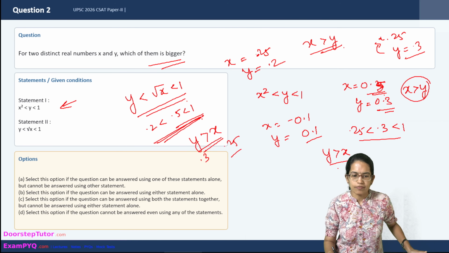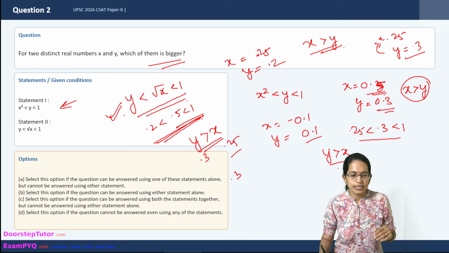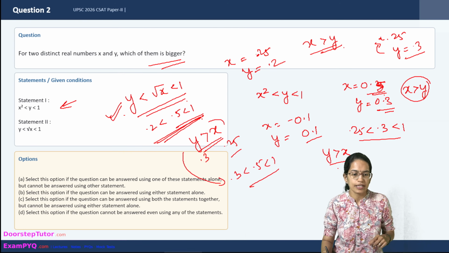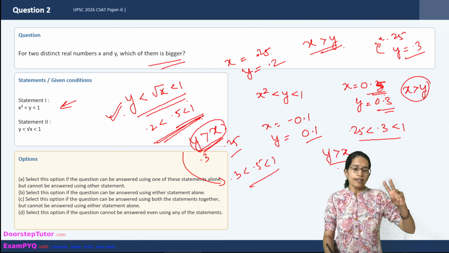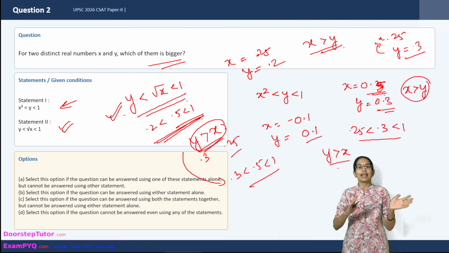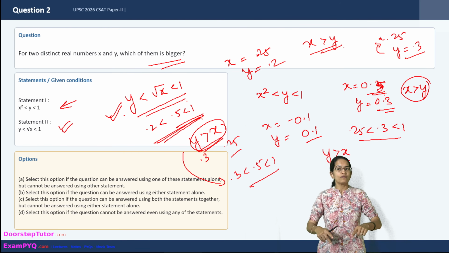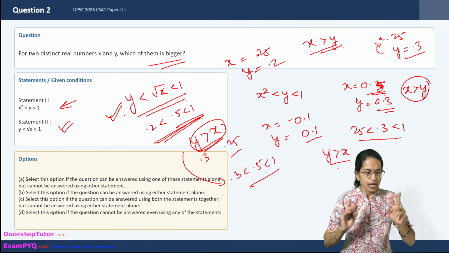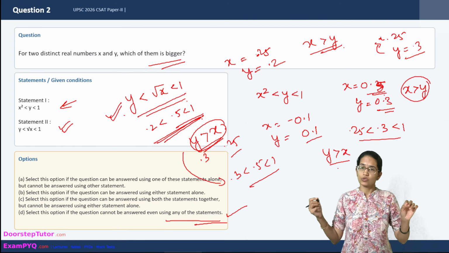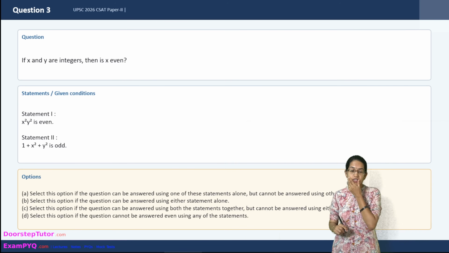But ultimately when I write this equation it would turn true because 0.3 is less than 0.5 is less than 1 in this equation as well. But here again Y is greater than X. So for both the statements I have explained the case where we can have X greater than Y and Y greater than X. Both of them can be true. Since both of them can be true in both the statements, I cannot select any of these statements to answer the question. So D would be my right answer in this case. Coming on to the next question, a further interesting question.